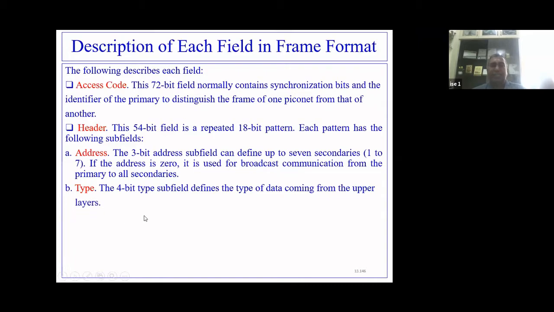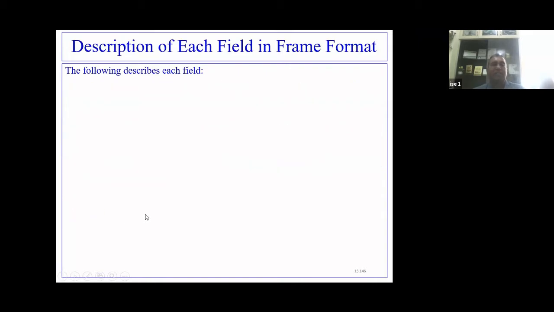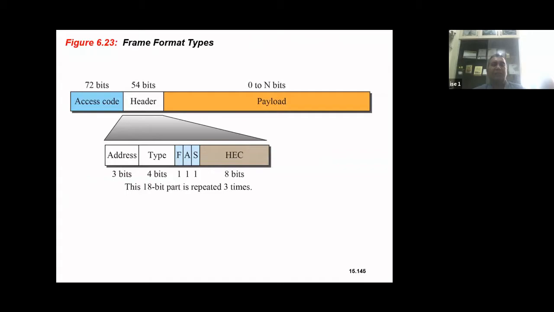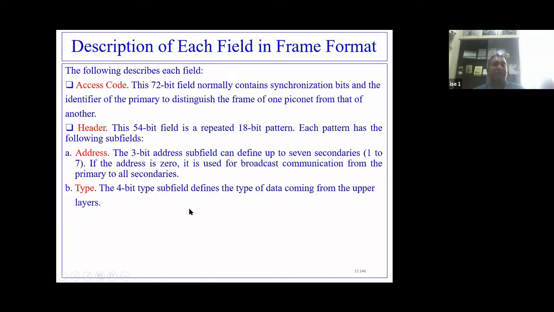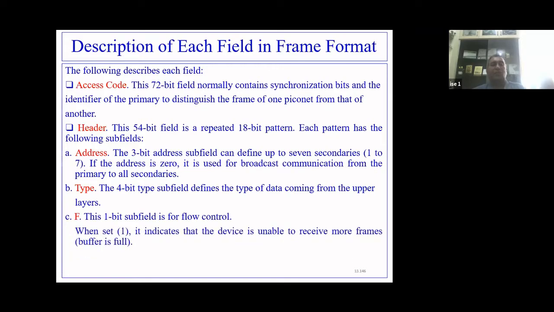Now there is one type field. We had seen the type field in the frame, after the address. So what is this type field? It is a 4-bit field which defines the type of data coming from the upper layer. Now we have the F bit. F is a single bit.